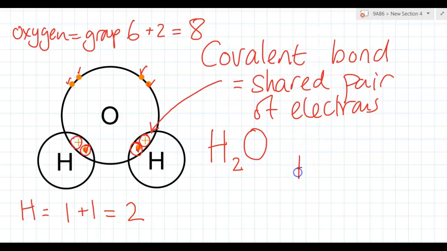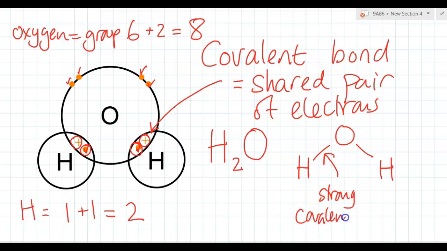So we could show that like this. Hydrogen makes a covalent bond to oxygen, and oxygen makes another covalent bond to hydrogen. There's our water molecule. Now, these covalent bonds are strong. That means they take a lot of energy to break them, but individual molecules of this covalent structure don't have any charges, so they're not attracting each other, so they're not giant,